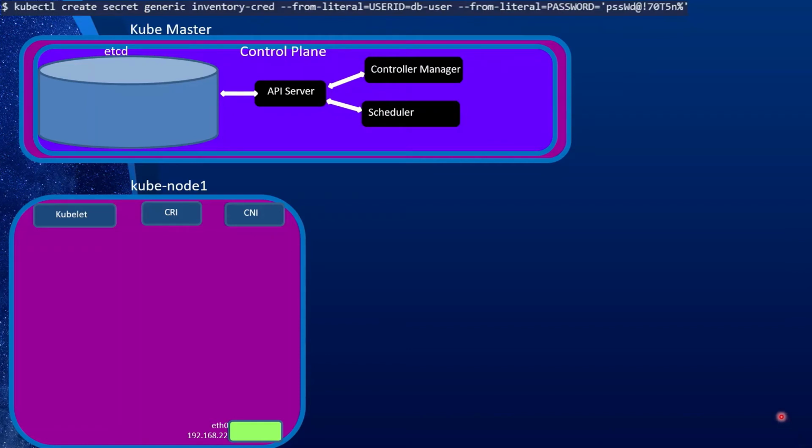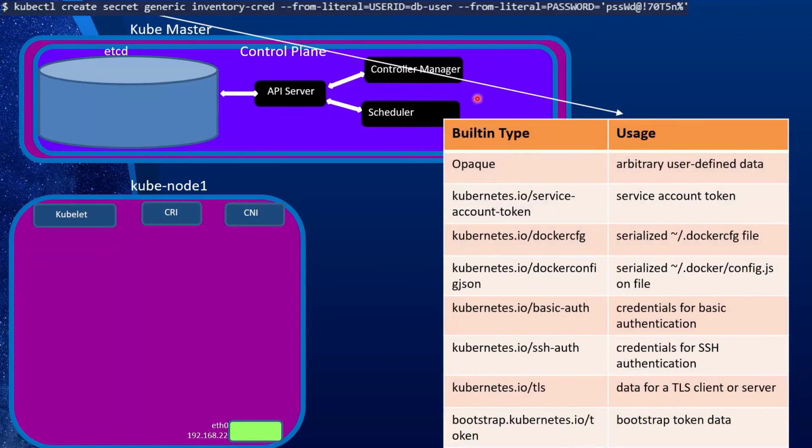Okay, now let's take a look at the syntax of creating a secret. So kubectl create secret, and then the secret type. Generic is one type, and there are other ones as well. Generic is also called opaque. Basically, any arbitrary user-defined data, we can use generic for that. But there are also other types such as service account, Docker files, credentials for basic auth, SSH, TLS, etc. So based on your needs, you define different types of